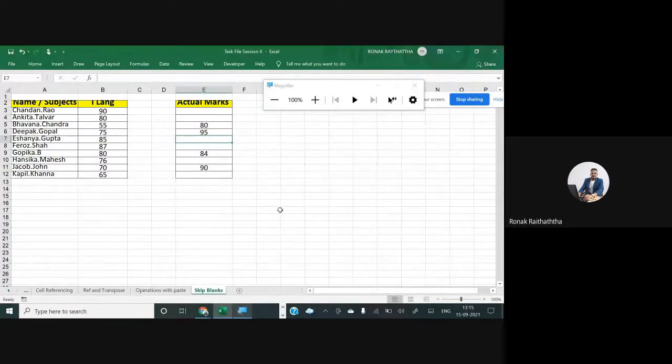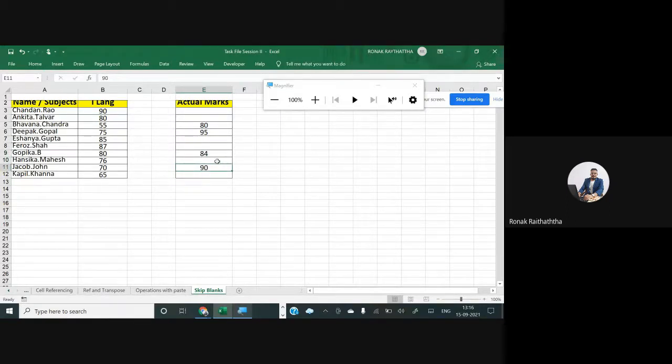Now what happened is that, say these are the various students. I had checked the copies of all the students, and there were some rectifications in the marks. At the first instance, when the marks were allotted, these were the marks issued. But then those people were not quite satisfied with their performance, so they put their copies in re-evaluation and they got different marks. So Ms. Bhavna got 80, Deepak got 95, Gopika got 84, and Mr. Jacob got 90. So that's a significant increase in the marks.